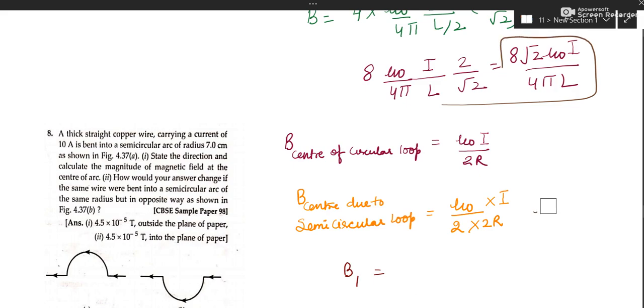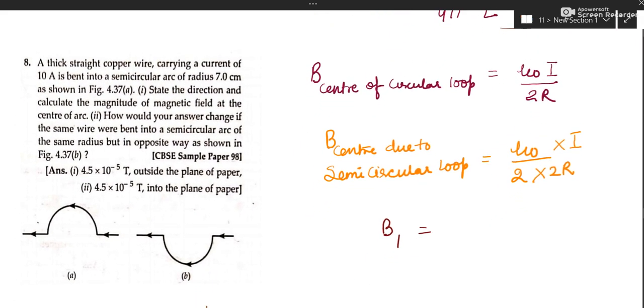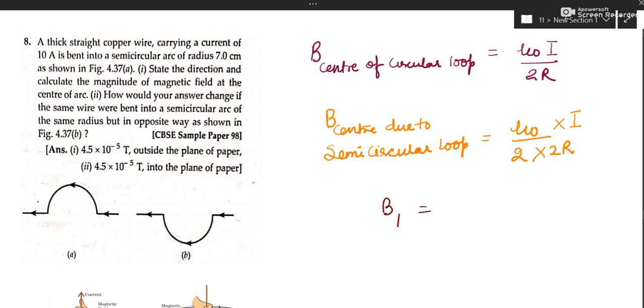So this is our next question. Okay, so it seems easy. This is a semicircular loop. So it will be very easy to find out the magnetic field at the center. See, due to the full loop, it's this. So due to the half loop, it is half of this. Simple, done. Values you will substitute and you check if it is coming this much. But then the direction needs to be told. So keep your curls like this. It will be upward. Keep your curls like this. It is opposite to this, so it will be downward.